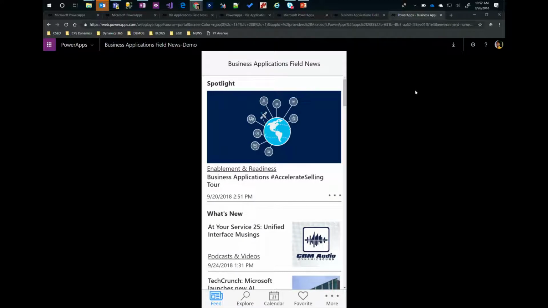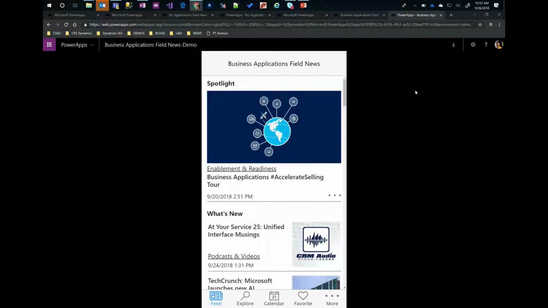So as a subscriber of the application, when I go into the application, this is the spotlight area, which means anything which is a more major executive engagement or a spotlight. I had a checkbox which said spotlight. If I select that, it will appear on the header. And I can select the image which goes with it. And the rest of the things, if you see, are all of the articles which my administrator, the content administrator, has published.